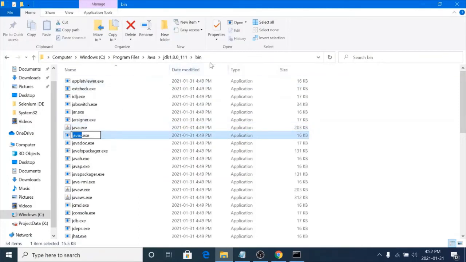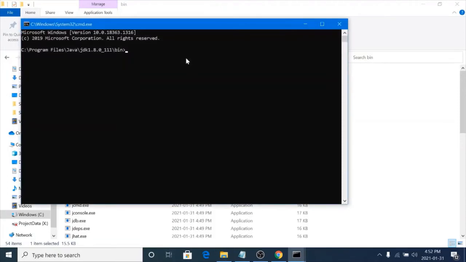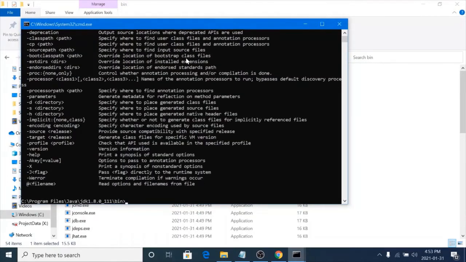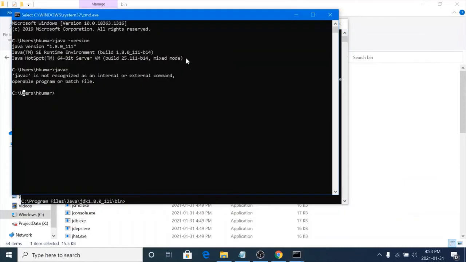All the EXEs are in this location. If you try to run this EXE from here, it will run. Javac.exe, have a look, it's running. But if you want to access javac from some other location on your system, it will not be recognized. So what do we need to change?